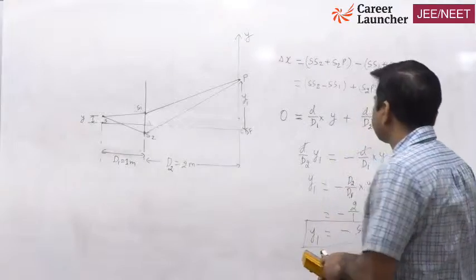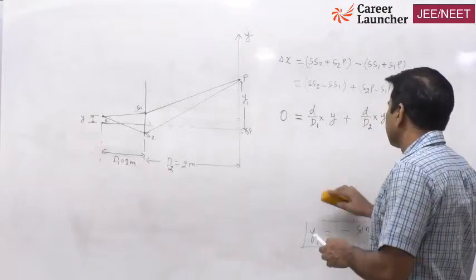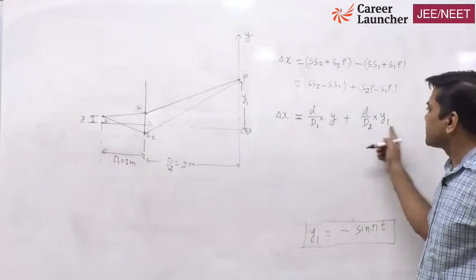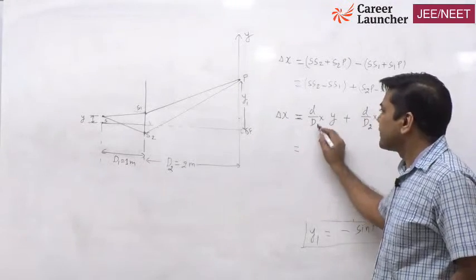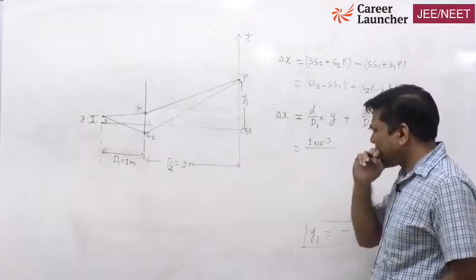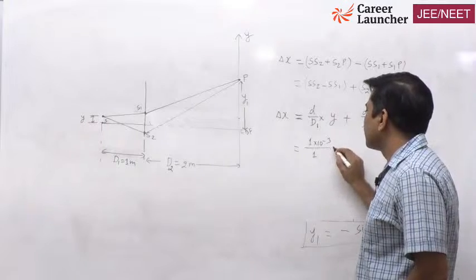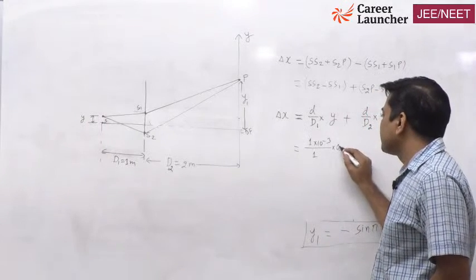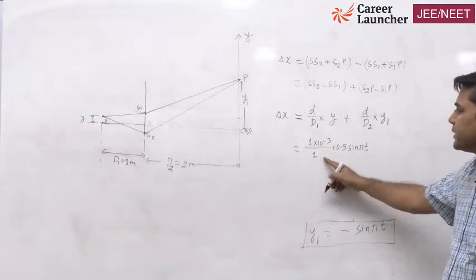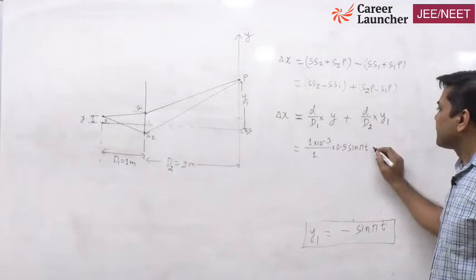For the second part, we will just have a look over here. Delta x equal to d by d1 plus, all this value has been given. You just need to substitute the value. I think d is given as 1 millimeter. d1 is written over here as 1 meter. I'm converting into meter into y. Y is 0.5 sine pi t. This is in meter, this is in meter, so this is in millimeter. You can have a look, 0.5 millimeter sine pi t plus d